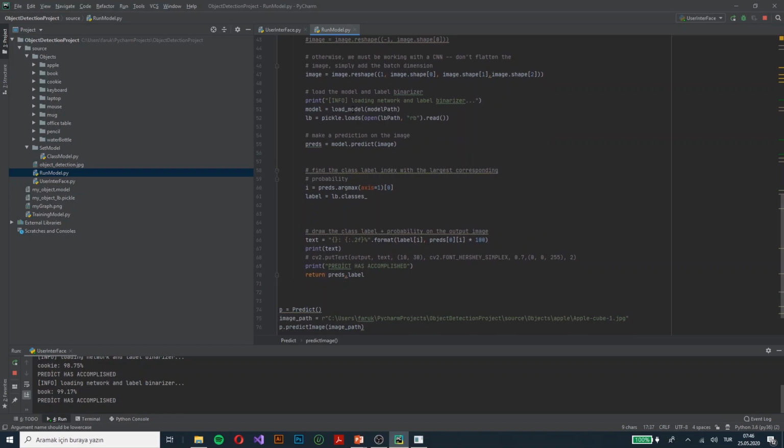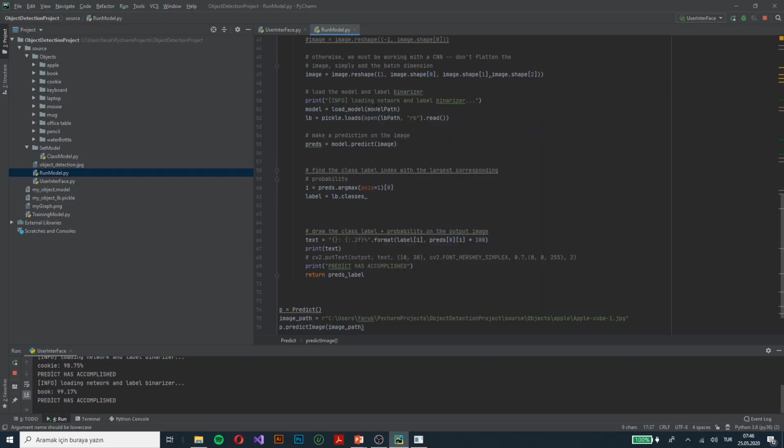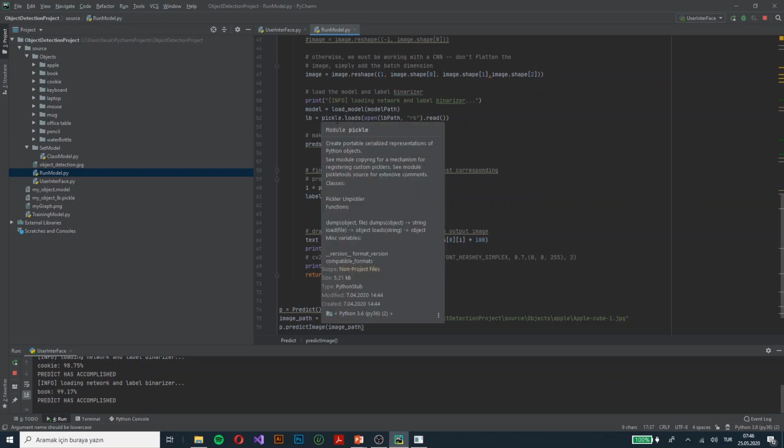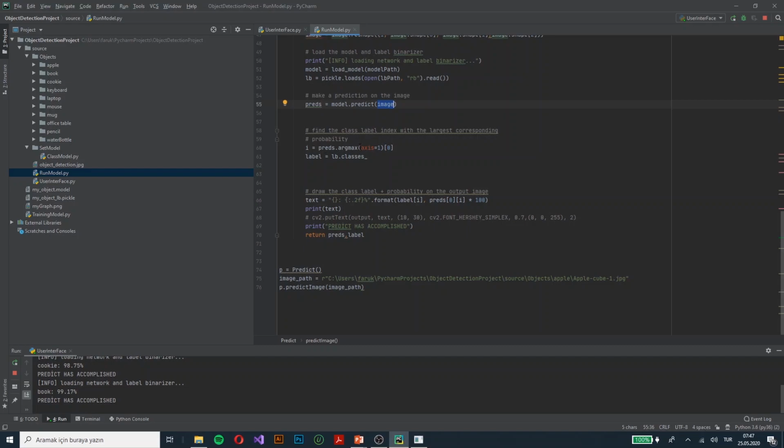And this is the keras load model function. I am loading from the disk and creating a model from the disk. After that, I am creating a label too, and the function predict is a keras function too. I am not doing anything in that function. It's a keras function. I am just giving the image after I reshape the image, and